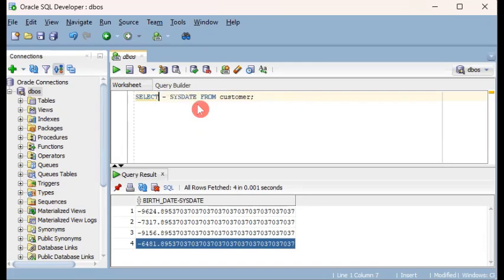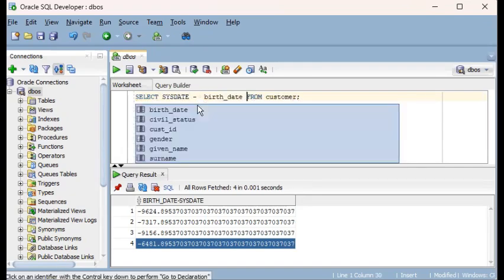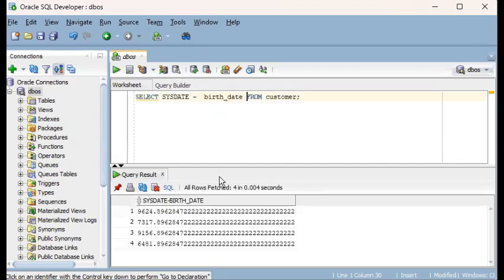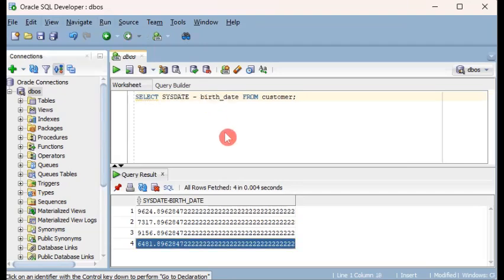So I will correct that here. Okay, sysdate minus birth date. Okay, and let's do it again. Now we see that the results are positive. That's because I made a note of placing the dates in their proper places so that the more recent date comes first in the minusing. Okay, so that's one. Next is we could add